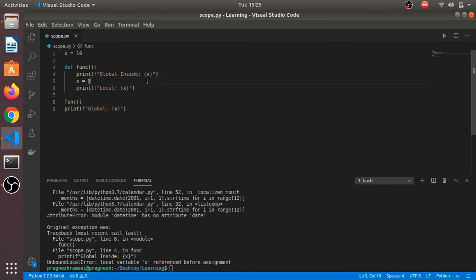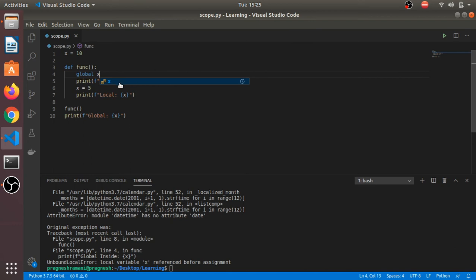So what we need to do to access the variable and also change the value of the global variable? We need to use the global keyword, global x.